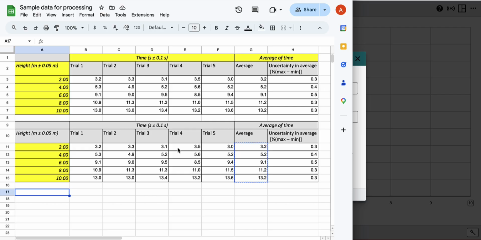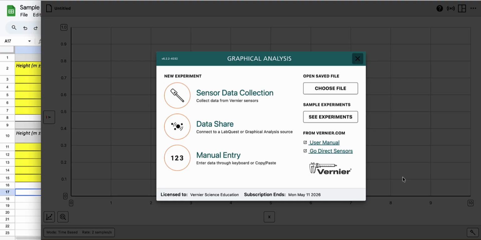Remember, we were looking at a theoretical experiment, how long it takes to raise something to a height. And so our independent variable was height and our dependent variable was time, or our input variable was height, output variable was time. And so I've opened up Vernier Graphical Analysis Pro, and I'm going to click manual entry because